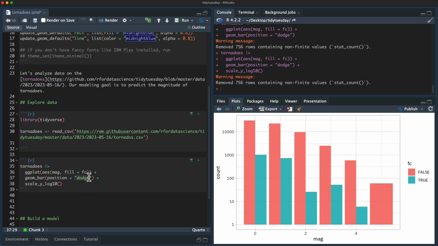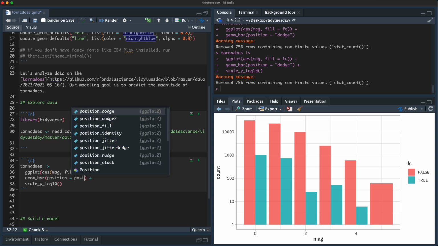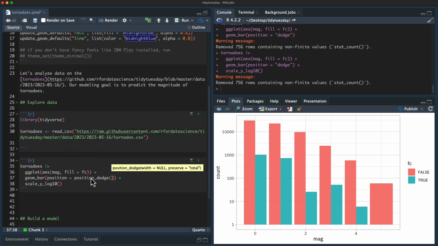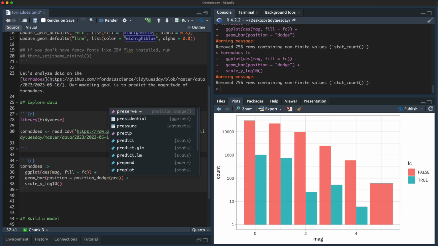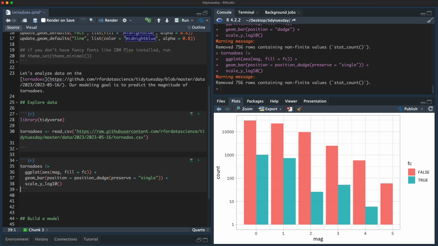And we can change this position dodge. See how the bar for the 5 is twice as wide because there are no estimated ones, only measured ones. We can change that with that preserve equals single, like that. So often that is what I would more prefer it to look like typically. Remember this is now a count. The counts are on a log scale here, but notice it still decreases obviously, but we see more detail here when we put this in the log scale.